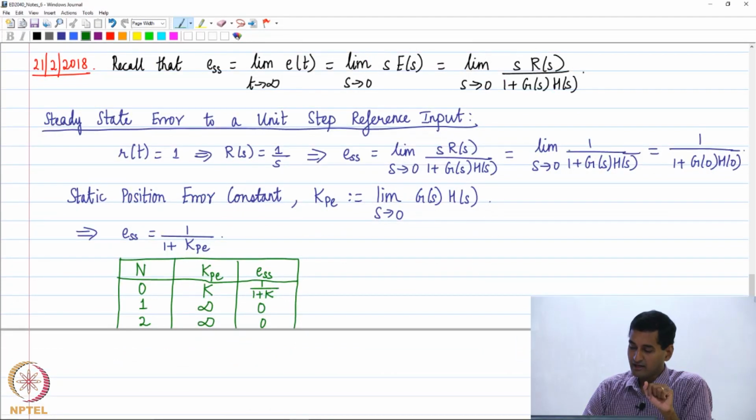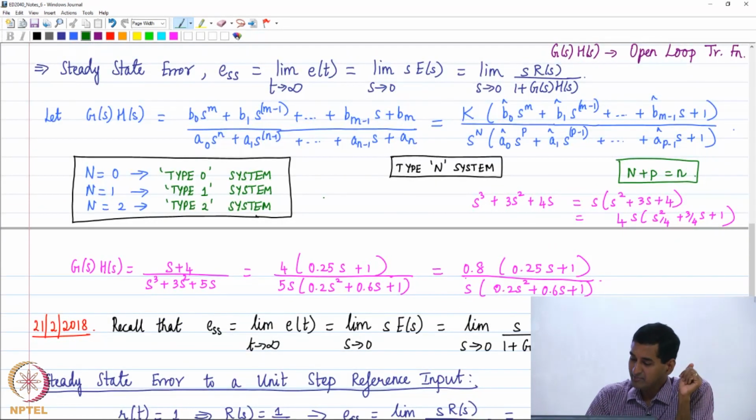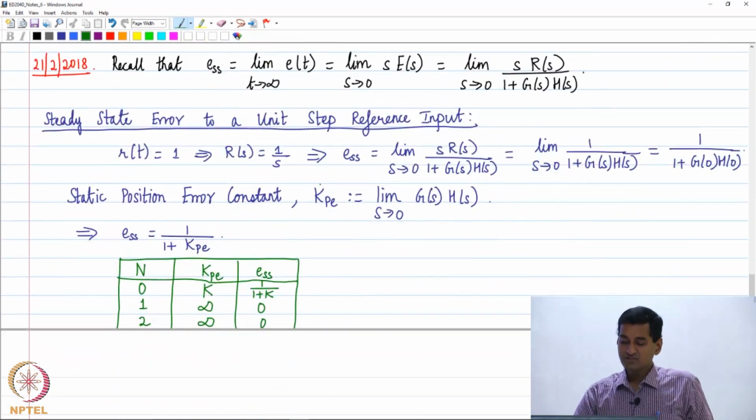So this is the steady state error for a unit step input. So what can we observe from this? What can we conclude? We can immediately see that, when we write this, please note that capital K is what is called an open loop gain, okay. We will see why it is called that way. So it is called open loop gain, okay. So what can we observe from this analysis?